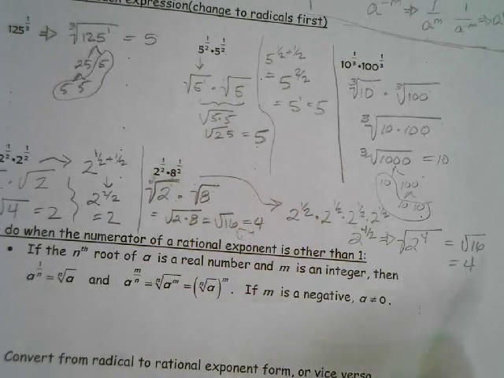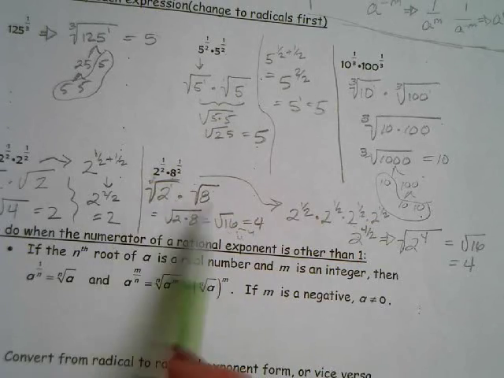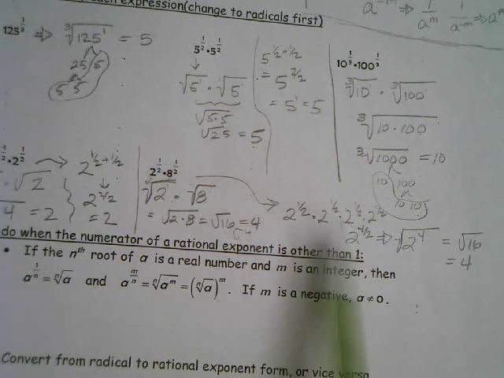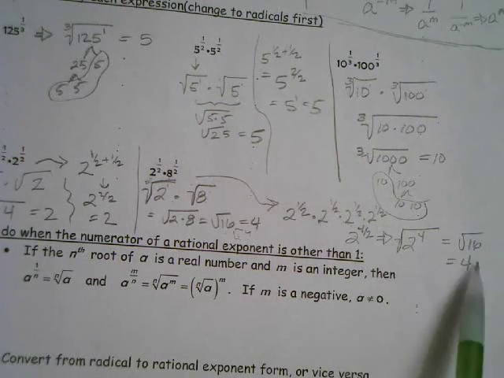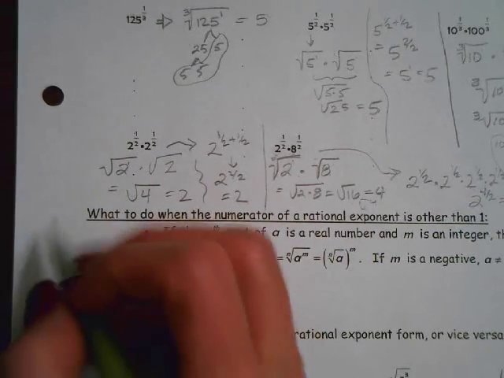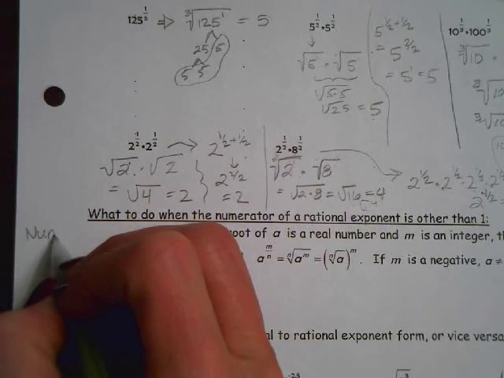Okay? So you can see there's multiple ways in which you can get to it. You can get to it just by doing it this way, multiplying it, and then solving it. Or if you can change it all to the same base and add your exponents and then solve for it at that point. Okay? So what you want to remember is that the numerator,